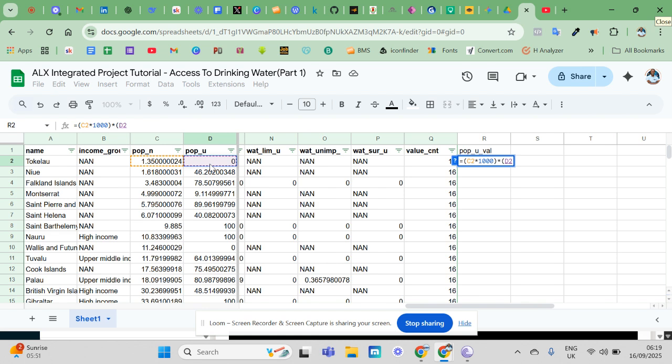But because it is expressed in a percentage, I will have to divide it by 100 in order to get the actual value. So I will introduce a slash or a division sign, put my 100 over there, close the bracket. Now I'm ready to have my urban